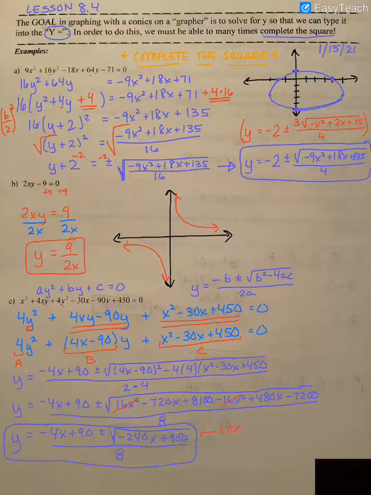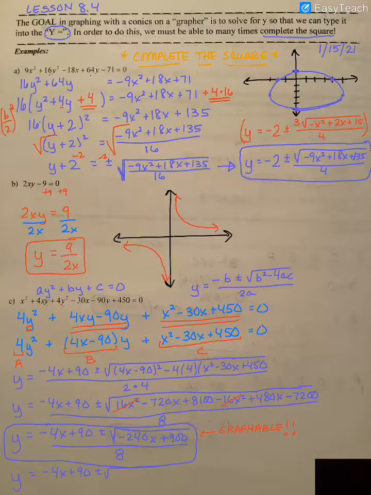I'm going to write the word graphable. Okay, plug it in your calculator and go. Now, for anyone that wants to try and follow along, there's a tiny bit of simplifying. Under that radical, there is a perfect square of 4. So, let me write out negative 4x plus 90 plus or minus,